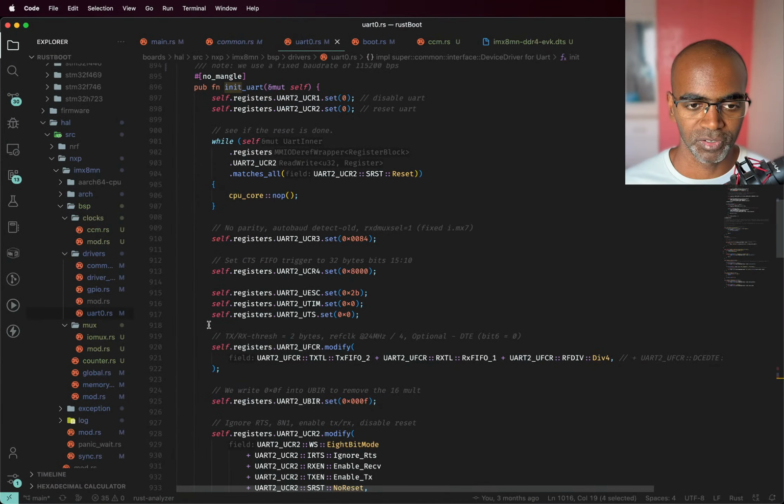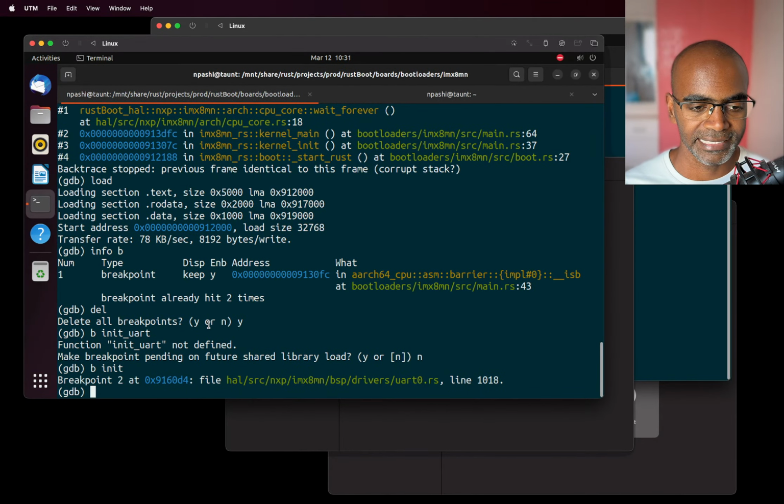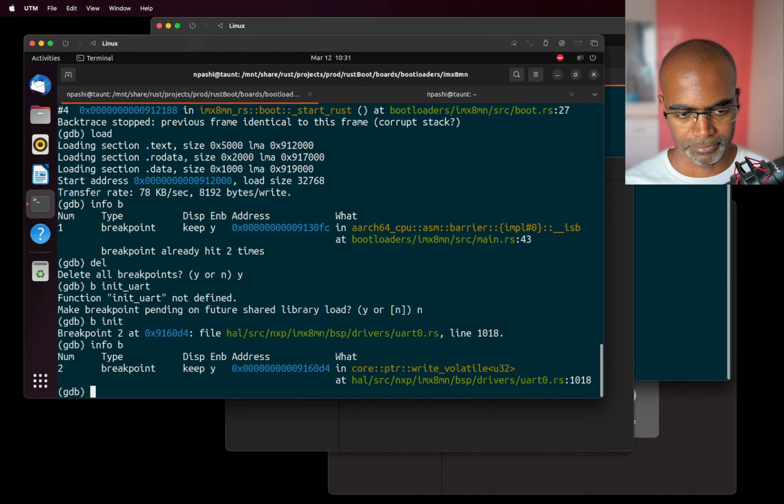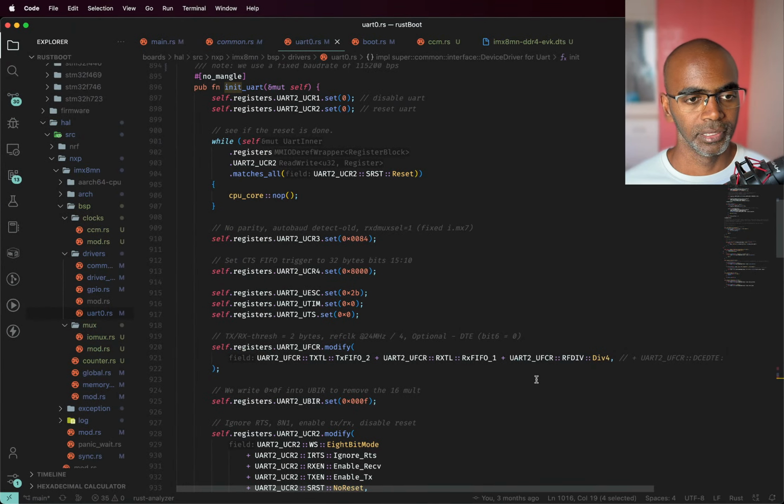The reason I couldn't find it before is because I have to recompile it, which I have not done. So anyway, I don't have time for that. I went ahead and set a breakpoint on b-init, and now I have a breakpoint set up. So if I do info b, you will see that we have a breakpoint in the UART 0.rs file. Okay, so far so good. We're just going to debug this particular